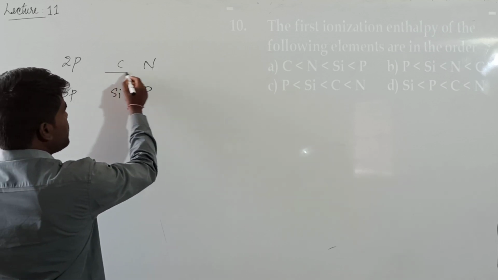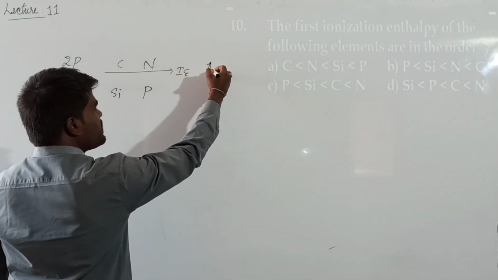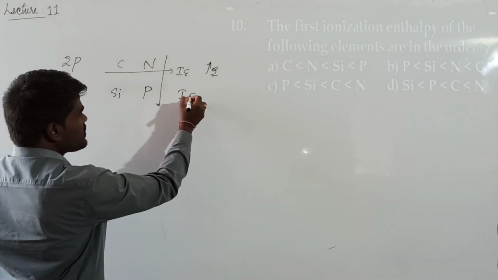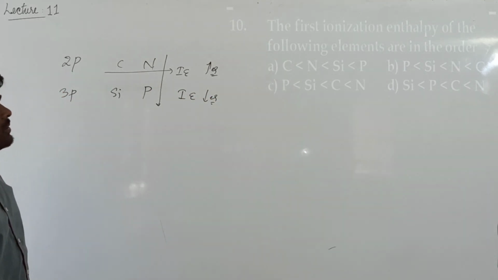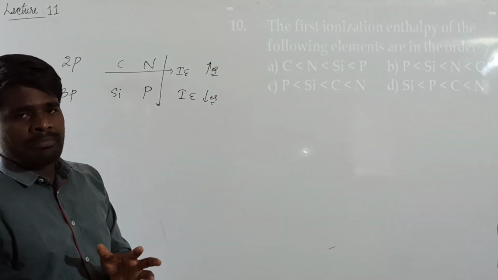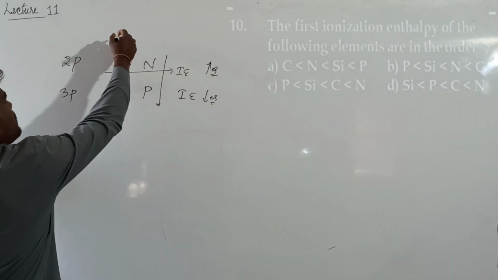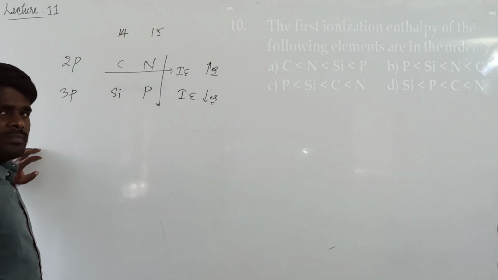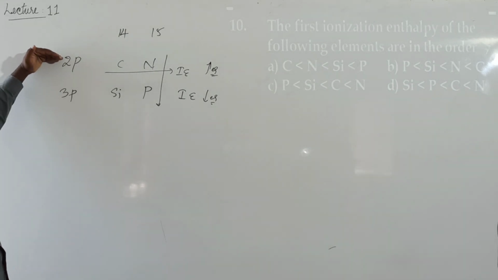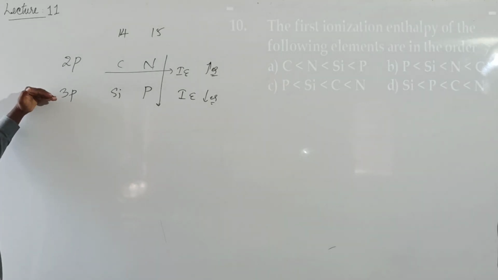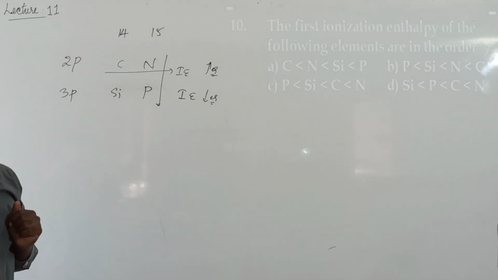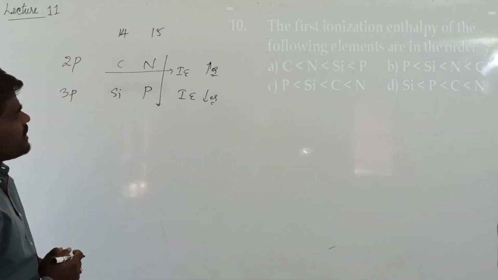Generally, we know that when you are moving left to right in a period, ionization energy increases. When you are moving down a group, ionization energy decreases. So here you need to consider the variation both along the periods as well as down the groups, because you have been asked to compare among these elements. Here this will be the 14th group and this will be the 15th group. Right? So generally, the ionization energy of the second period will be greater than the third period, and the ionization energy of the 15th group should be greater than the 14th group. Right? Now if you see, what should be the order here?